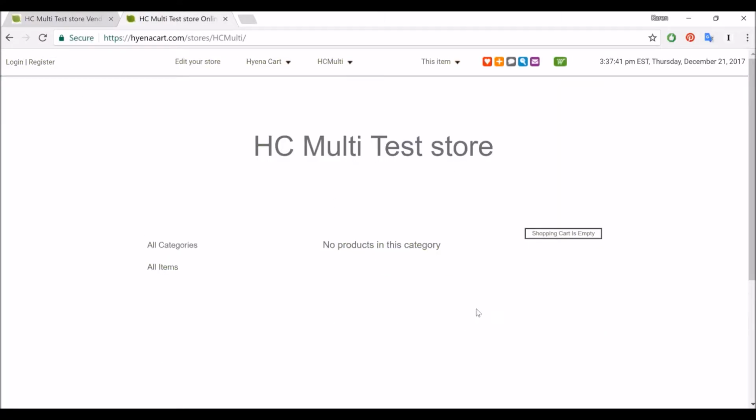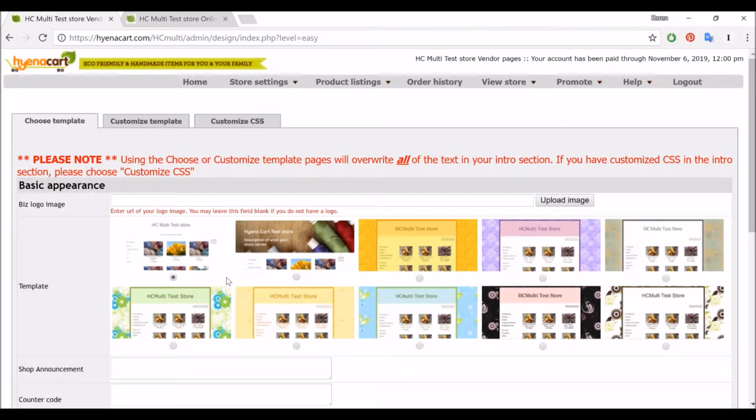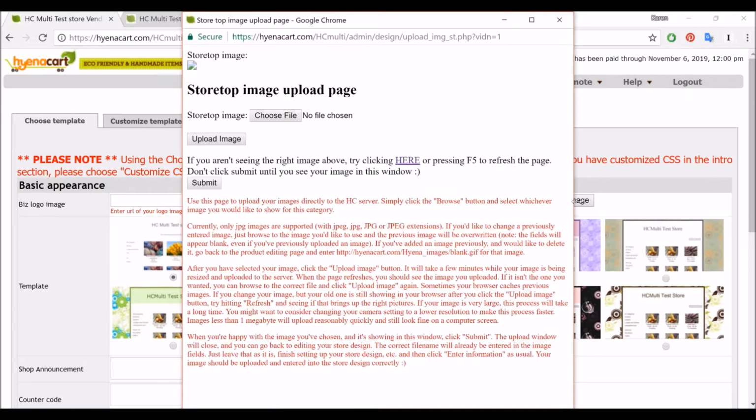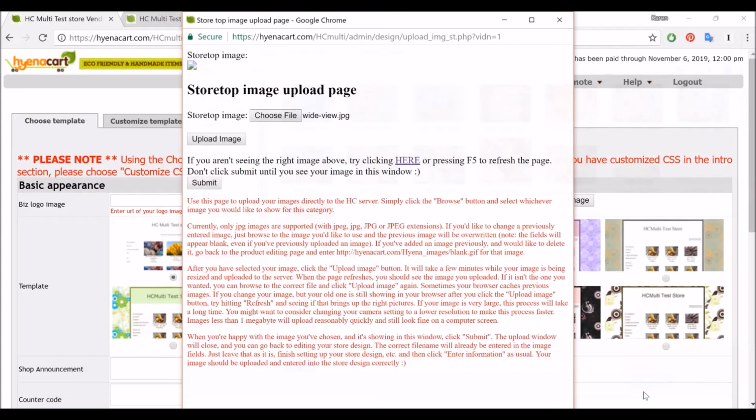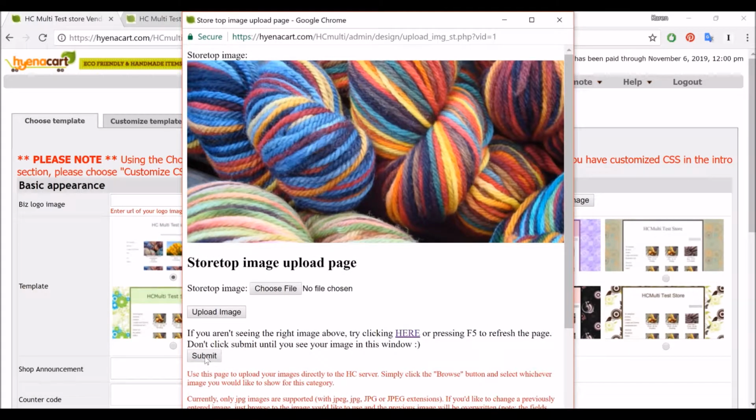As you can see, that's a very basic design, but what we're going to do is a couple different things. Let's start with the idea that maybe you have some product images, but you haven't created a logo yet. So if we go to Upload Image, I've got a couple of images I can try. If I do something like this, a close-in view of my product, but in a wide view, let's try that. So I can say Upload Image, and I'll hit Submit,